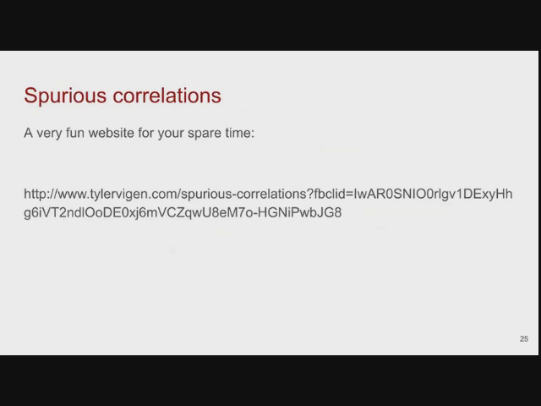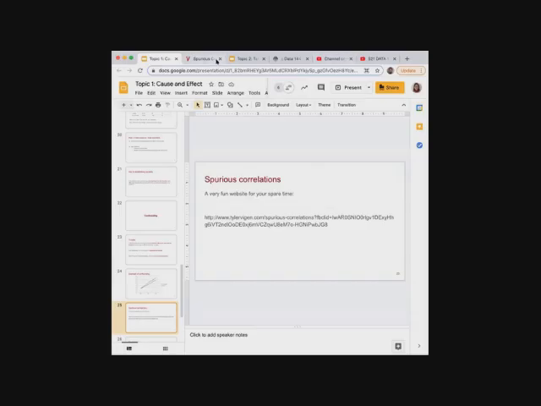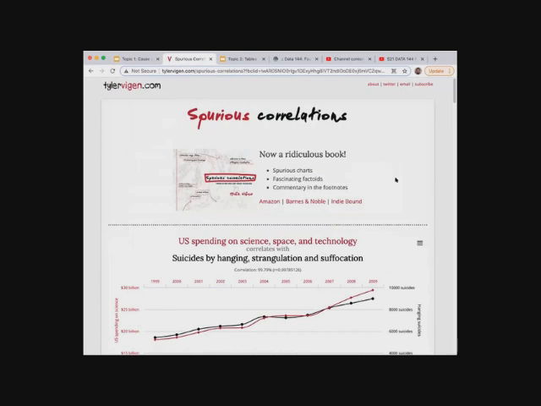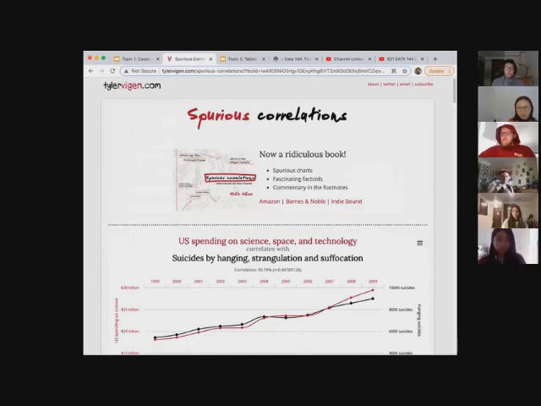And there is a very interesting website. I actually encourage you to take a look, and we will now look at whatever they're showing right now on their website. It's called Spurious Correlations. It's actually a book, and it's funny that people try to come up with all kinds of funny results or correlations out there, and they posted them on this website. Pretty interesting. And you will see that they have what they call a correlation coefficient, which we're going to learn later in this course as well.